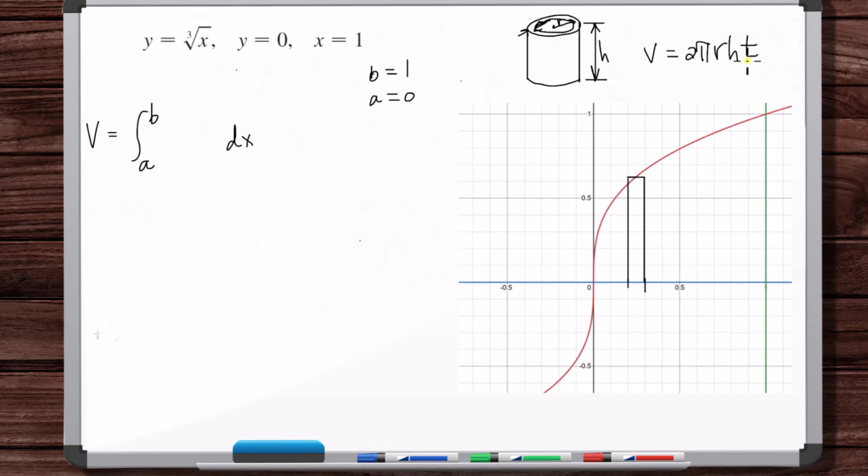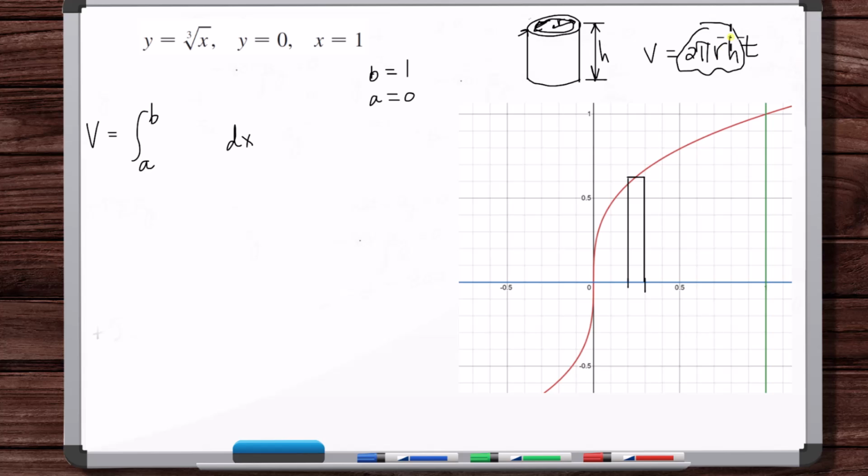Okay, so the function here is everything else but the thickness. You see this 2 pi rh. So it's like the surface area of that, the circumference at the midpoint radius times the height. So that's surface area. That's what the function in the integral is. I don't know what I'd call that, but